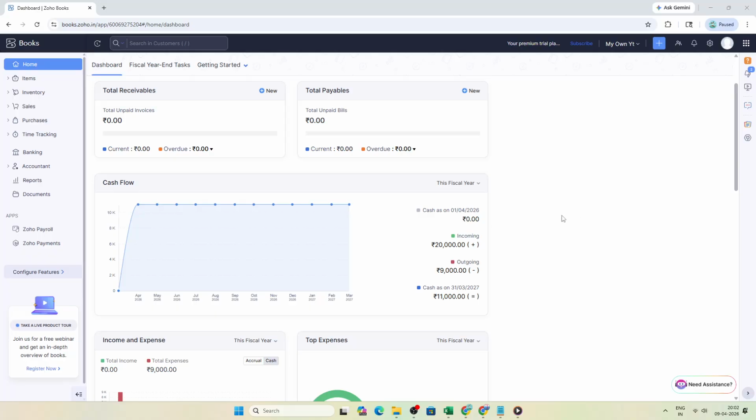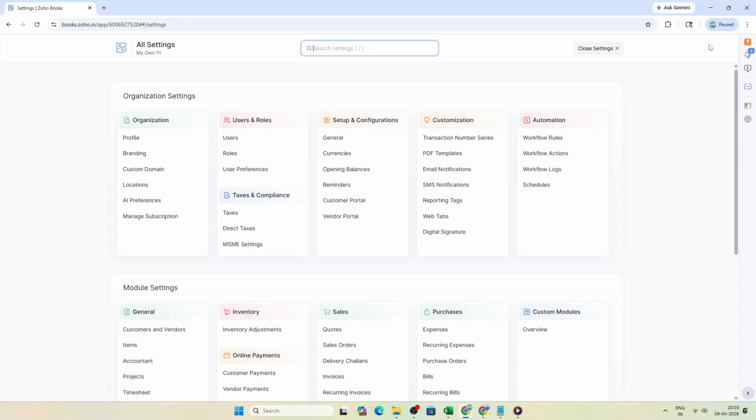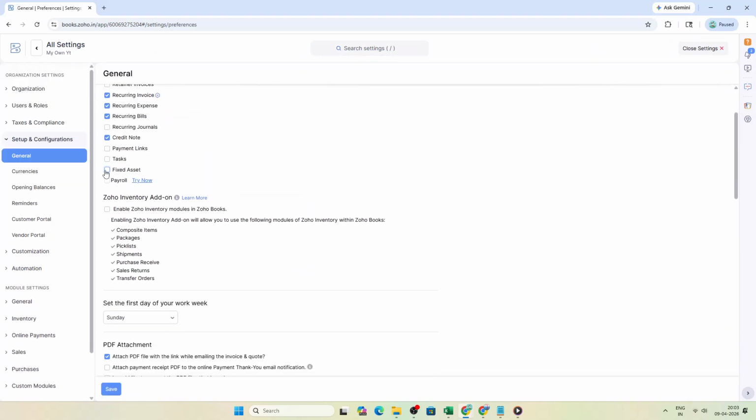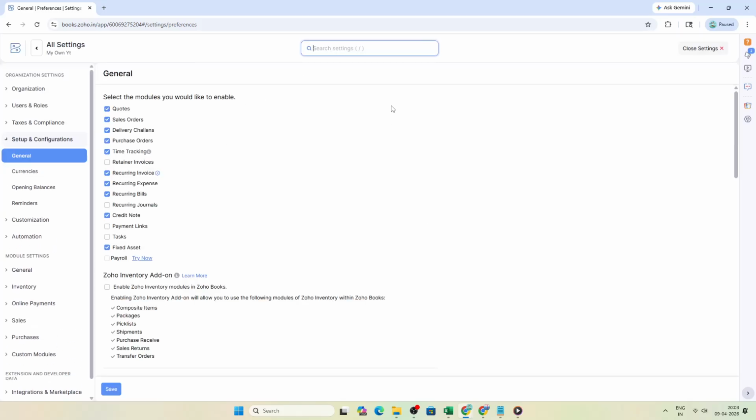First, open Zoho Books and sign in to your organization. We'll begin by making sure the fixed assets feature is turned on. Head to the Settings area by clicking the gear icon under Setup and Configurations. Choose General. Look for the Fixed Assets option. Check it to enable the module and click Save. This switch activates the fixed asset register in your account so you can track cost, useful life, and depreciation in